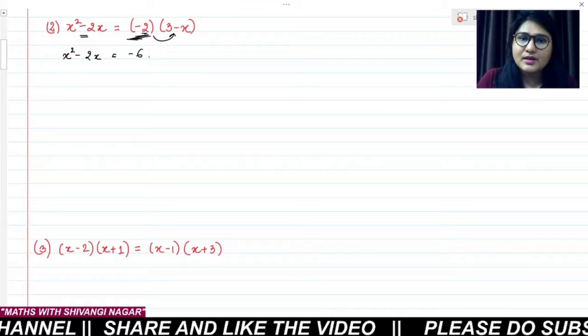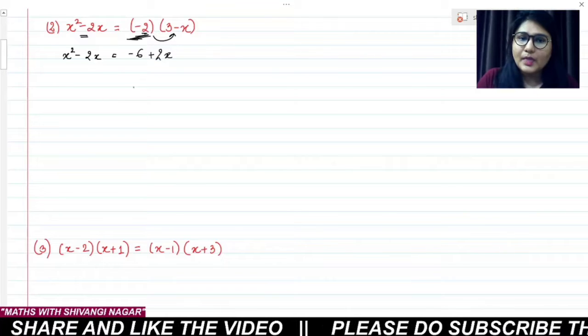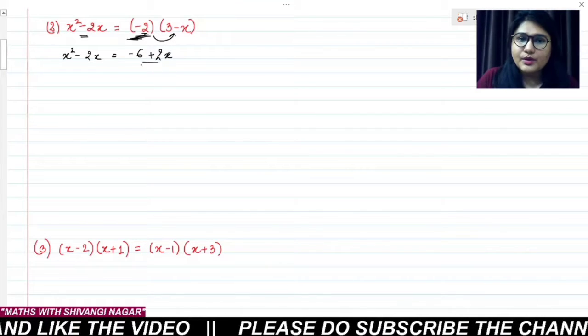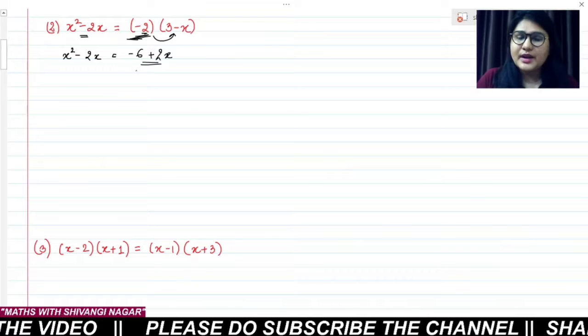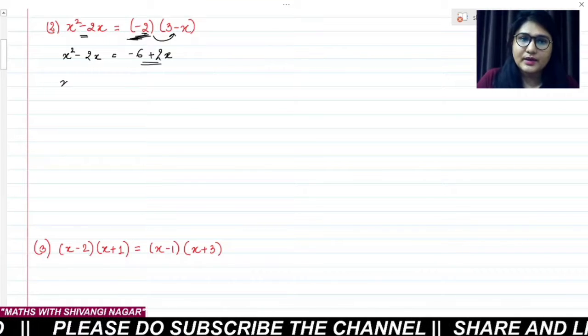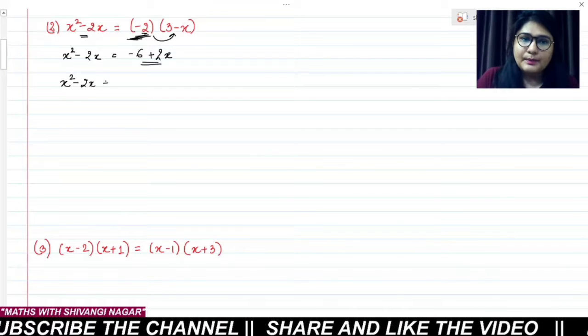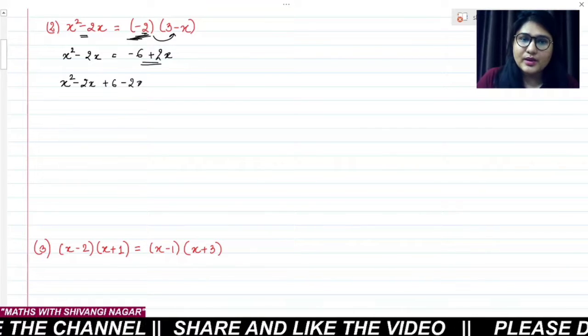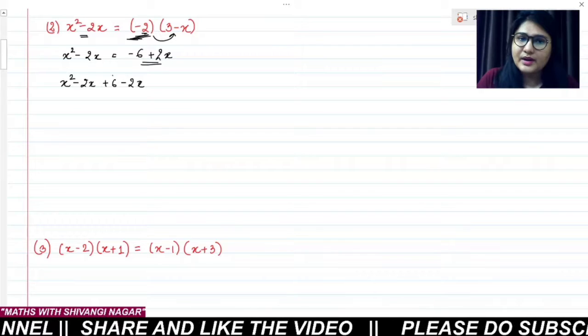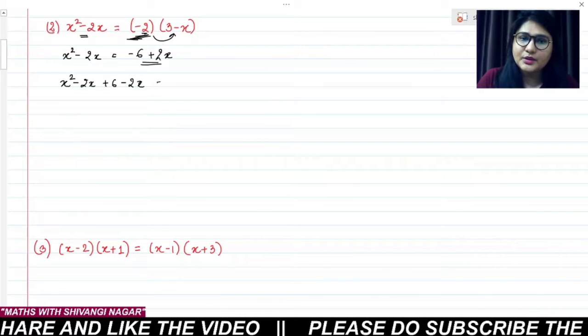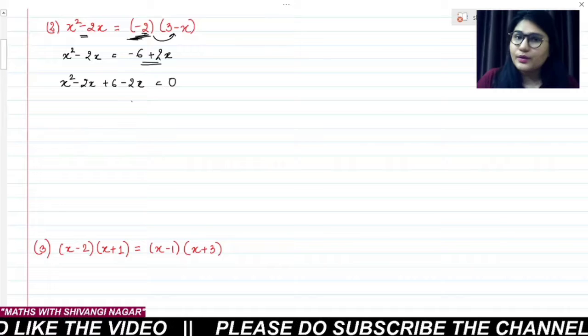Minus 2 into minus x is plus 2x. Then transpose both quantities from the right hand side to the left hand side. So we get x square minus 2x plus 6 minus 2x. This plus 2x, when transposed to the left hand side, becomes minus 2x, and on the right hand side we are left with